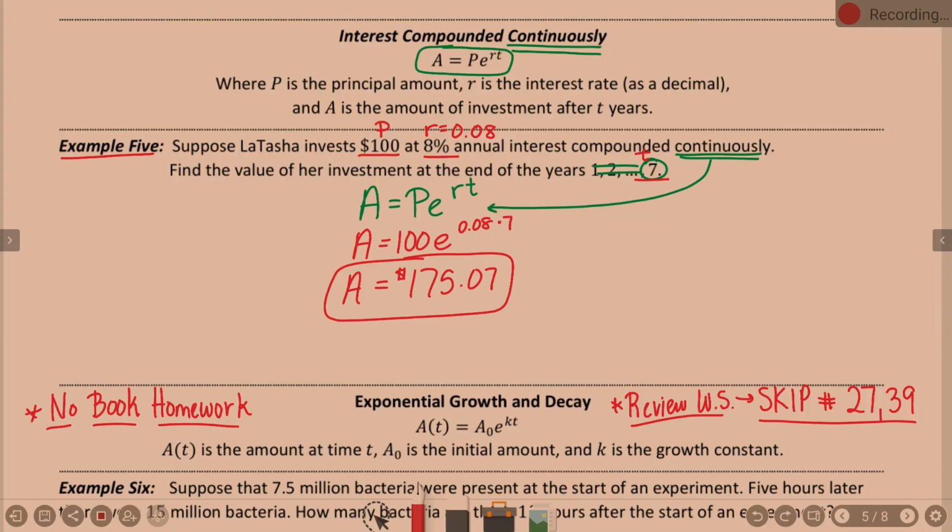No book homework this time. Okay? I honestly don't feel like you have to have the book homework to succeed in this. I feel like it's not bad. Okay? Now, I'm going to hand out the review worksheet here in a moment. On the review worksheet, there are 2 problems that we are skipping. Okay, so I wrote it down here to remind myself. 27 is a graph from 3.4 that we skipped the other day, so we're skipping it now. 39 is like example 4 up here that I didn't take time to do today, so we're going to skip it on the review. Okay? So does that mean there's not going to be very much questions on